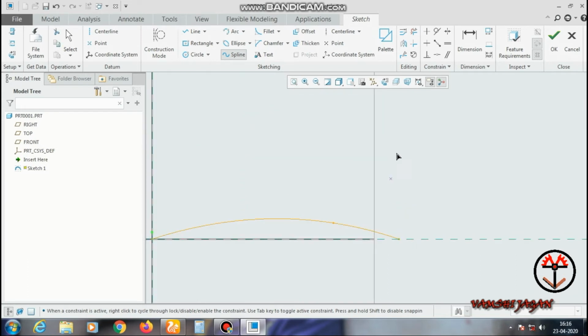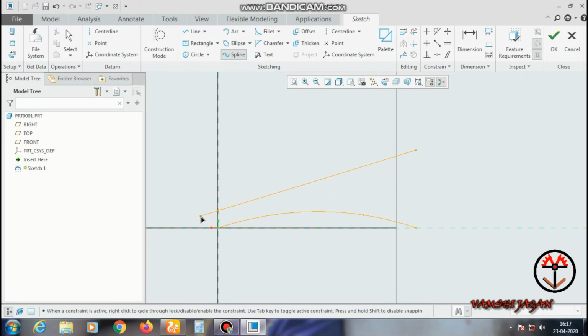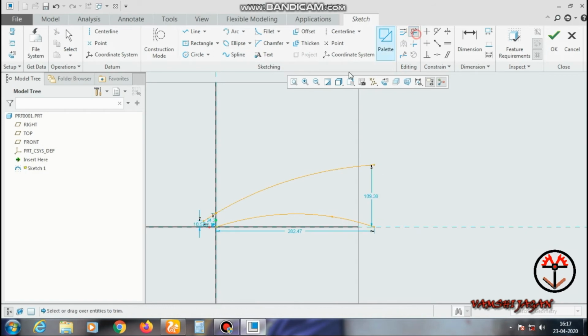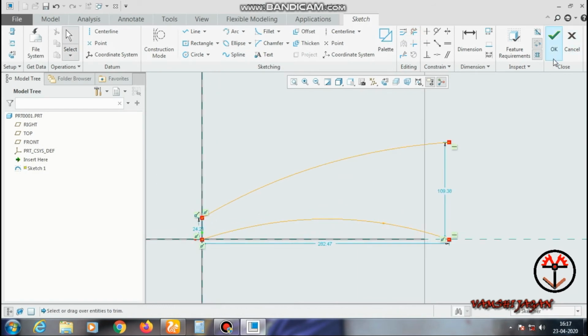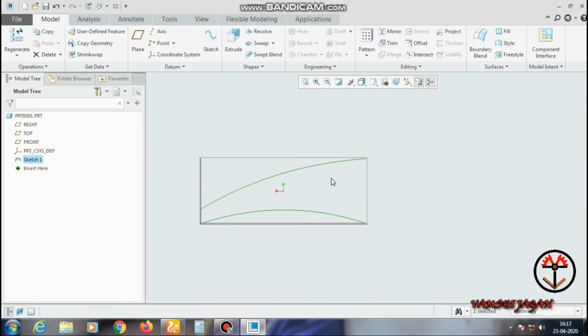This is path 1 and that is path 2. So you can use path 1 and path 2 as trajectory. I will show how to use two paths in a sweep.